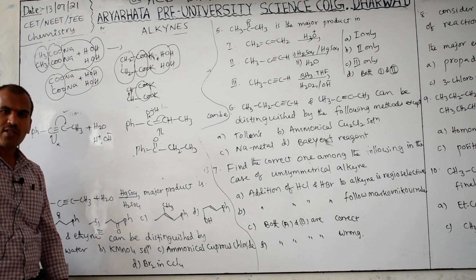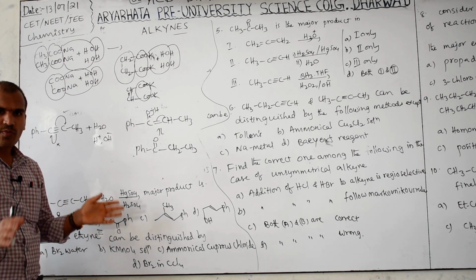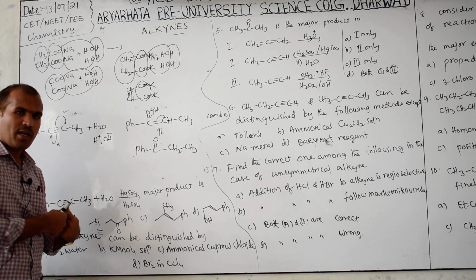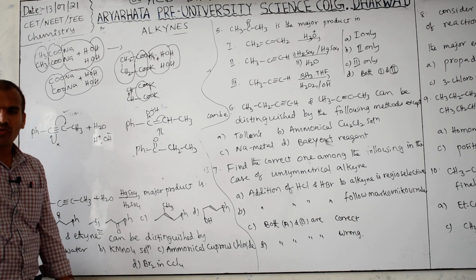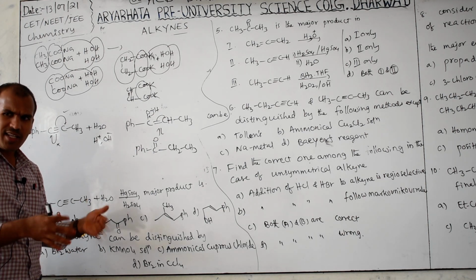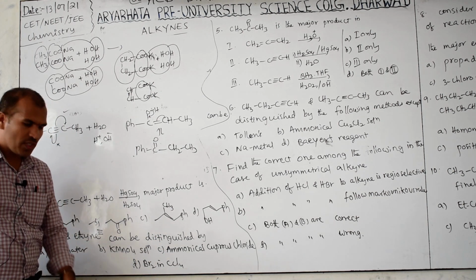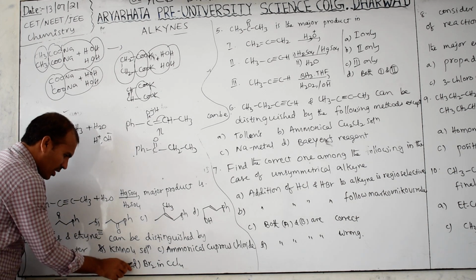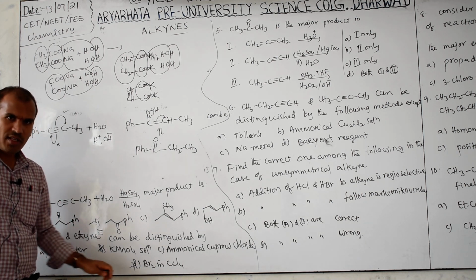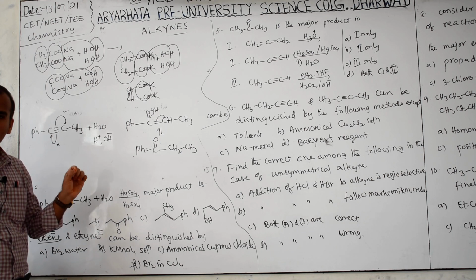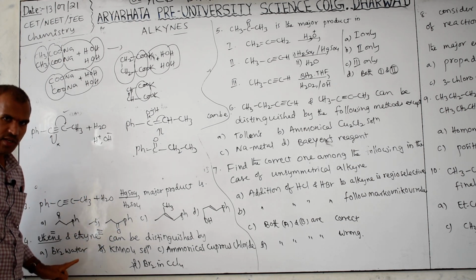KMnO4, that also, the pink color you may have observed in the laboratory in solution state. Both will make the KMnO4 color disappear. Alkene also, alkyne also. Then how to identify? Not possible. These are both there in your textbook. Then only these two options remain, so B is not, D is not. Bromine water is like bromine in CCl4. It also adds to double bond and triple bond, and a little bit of color change appears.